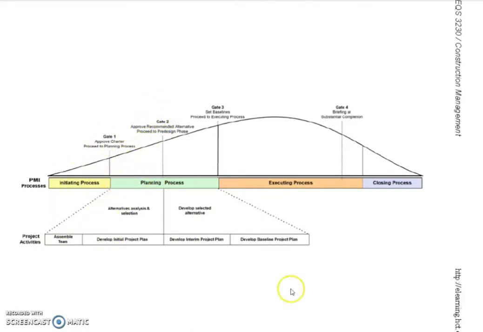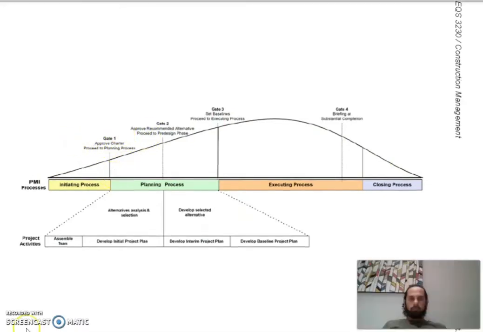So let's talk about this figure. This figure has two parts, in fact. Okay, the first part is this part, and the second part is this part. It gives two pieces of information. As you can see, this is the project processes and level of effort. Okay, as I told you, this figure shows you two important things, the project process and the level of effort. So here you can see that this is the level of effort and these are the project processes. And the first process is the initiating process, then the planning process, then the executing process,